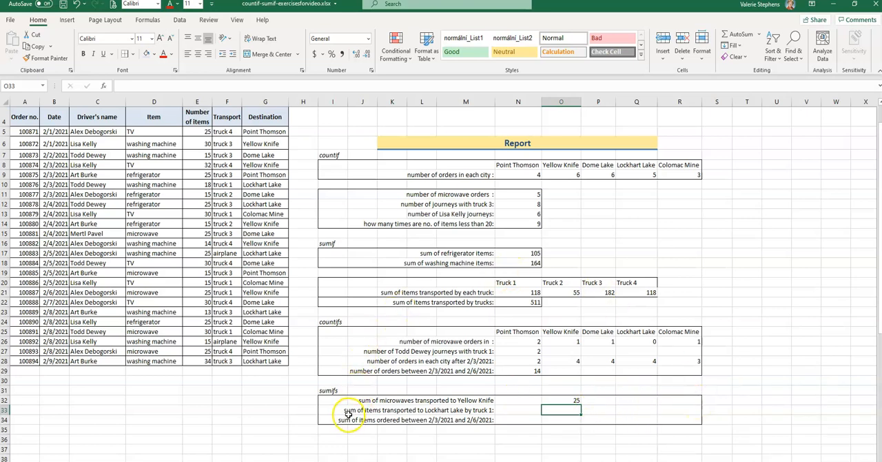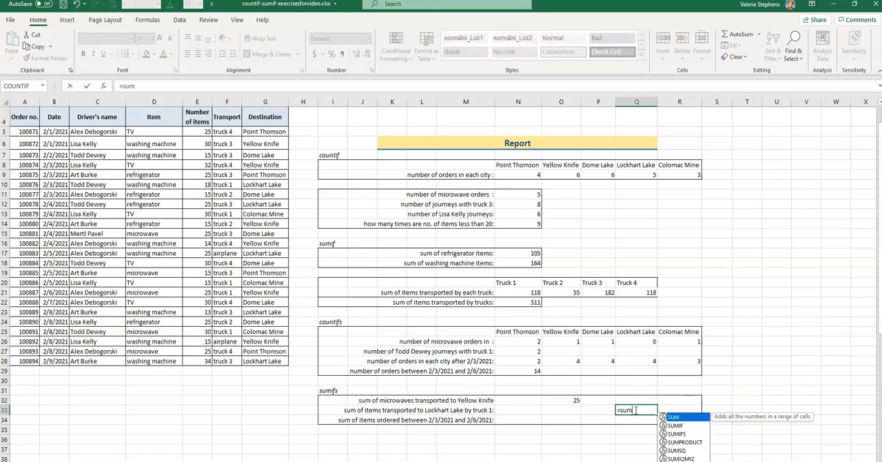But let's move on to the sum of items transported to Lockhart Lake by truck 1. Again, it's asking for a sum of items. This is what it'll be adding that are transported to Lockhart Lake. Again, the destination by truck 1. And the last criteria is looking at the transport. So we'll select Lockhart Lake, column equals Sumifs,